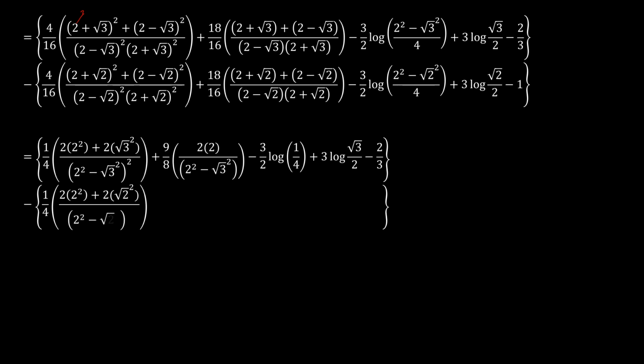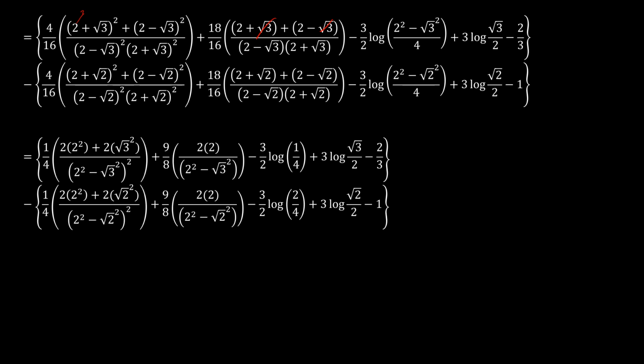And the same thing we repeat down here. The difference of 2 squared, that is 4 squared, minus root 3 squared, which is 4 minus 3, which is 1. And then again, this part here and this part cancel, so we just have 2 times 2 here. And then obviously 18 over 16 is the same as 9 over 8. And then here again, we have the same thing, 4 minus 3, which is 1, and then we keep the